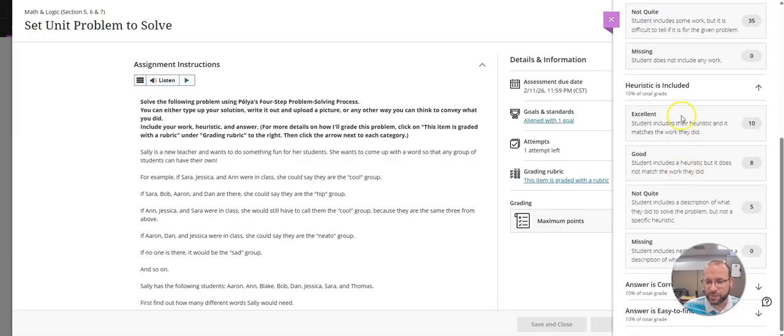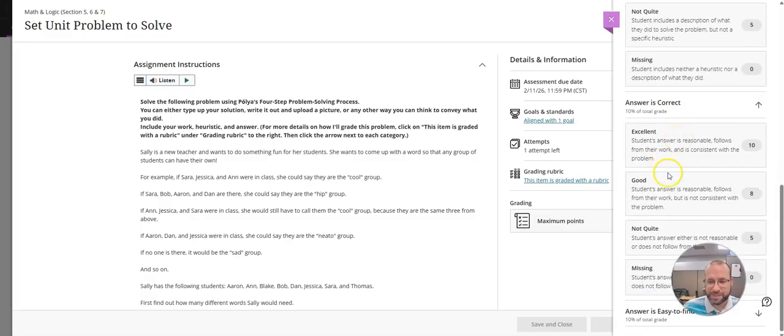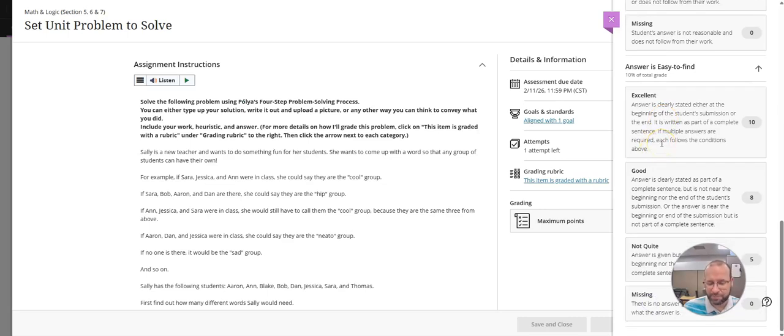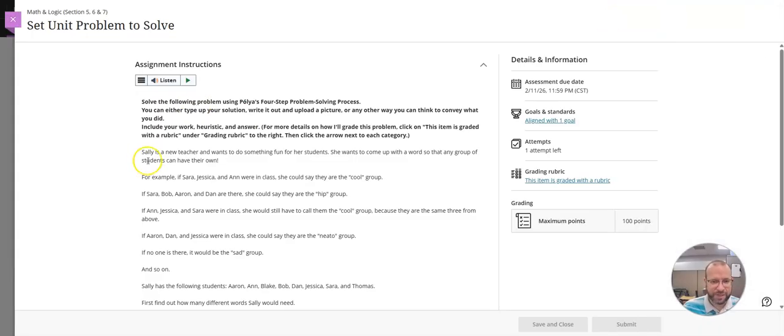Then including your heuristic is 10% of your grade. So you remember you can find that list of heuristics back in section 1.3. Having your answer be correct is 10% of your grade, and then having your answer be easy to find, so in a complete sentence, either at the start or the end of your submission, is the last 10% of your score. Okay, this problem to solve is worth 3% of your overall grade,